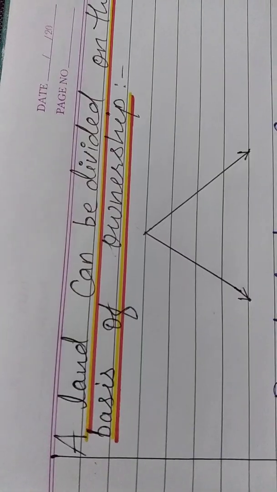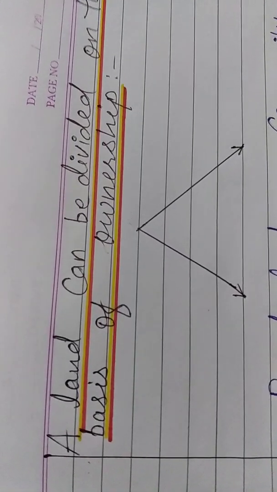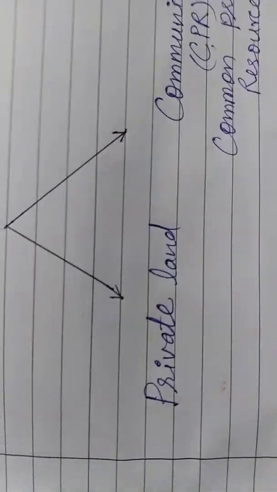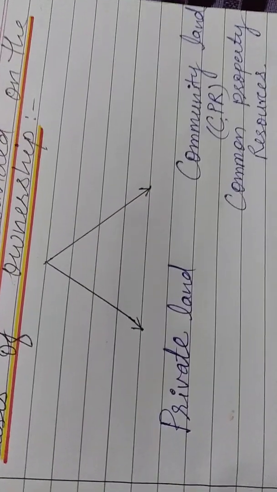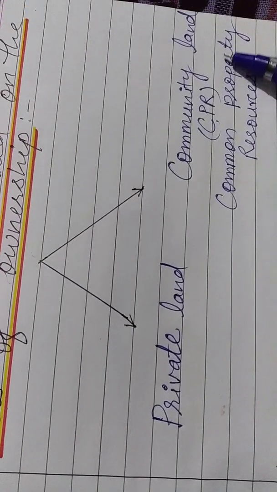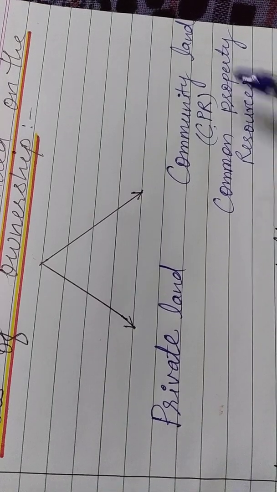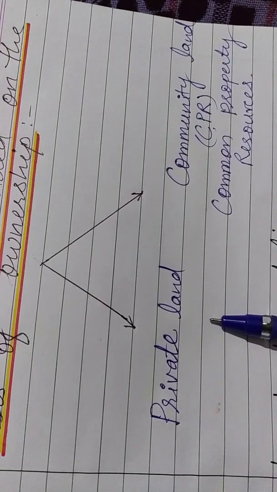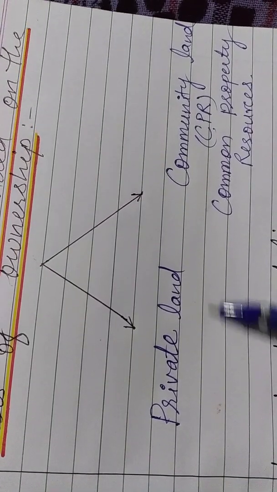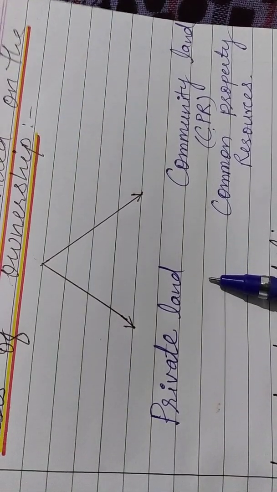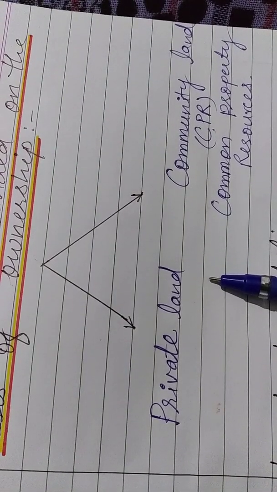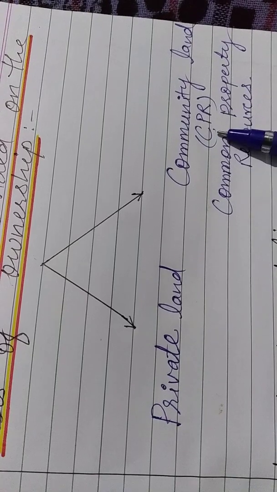Land can be divided on the basis of ownership. On the basis of ownership, land can be divided into two parts: private land and community land. Private land is owned by individuals, and any individual person uses this private land according to their need. But community land is owned by